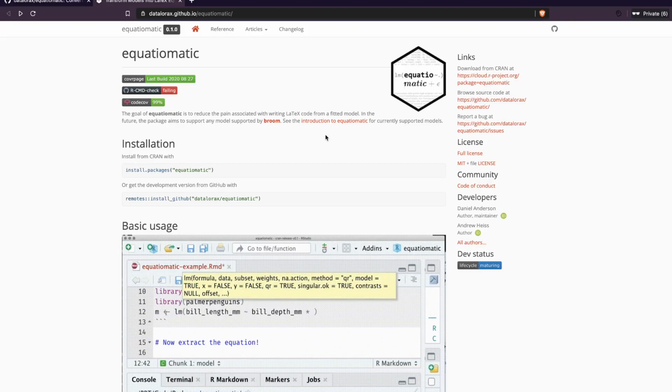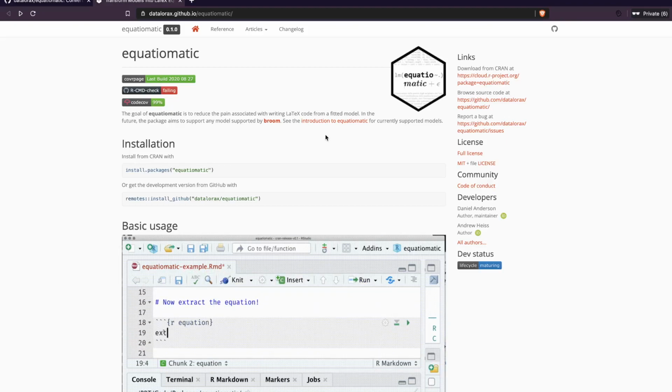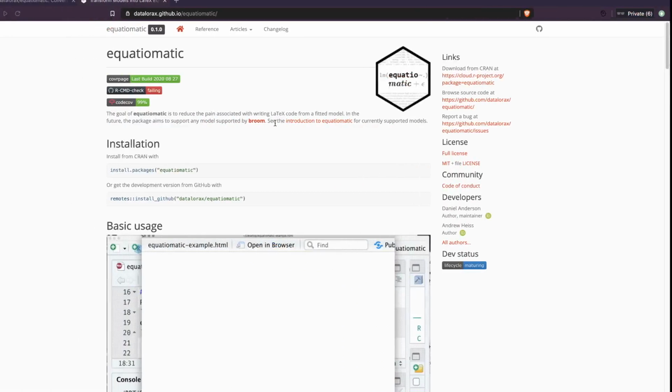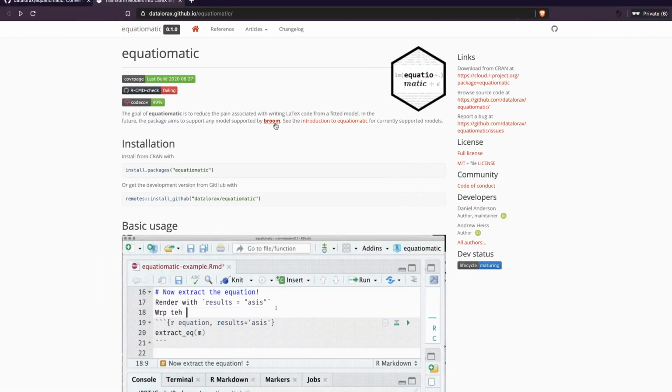Combining this with a package like Xaringan, which is used to build presentations simply out of your R Markdown, will be really efficient, because now you don't have to take a screenshot and put it in a PowerPoint or a Google slide. The entire thing could be built simply using R, and this is a really handy package. And thanks so much to the developers for making it available as an open source package.